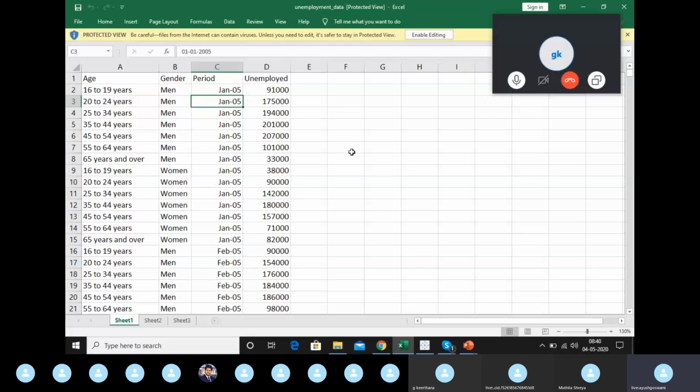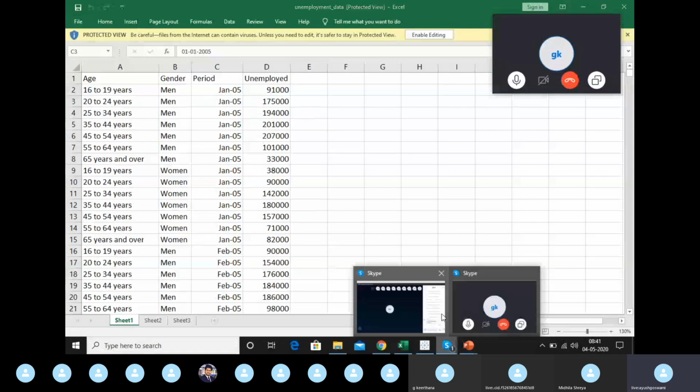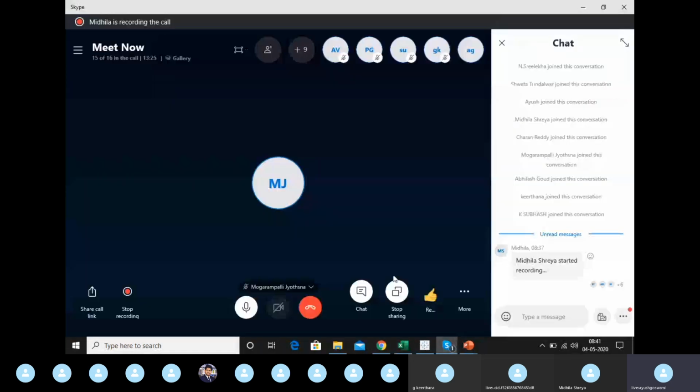We have to import this data just as we did before. Open your Tableau. So this is your Tableau window once you open it, and this will be the home page where you can connect your database with your servers, as I've told you, with various kinds of data files.